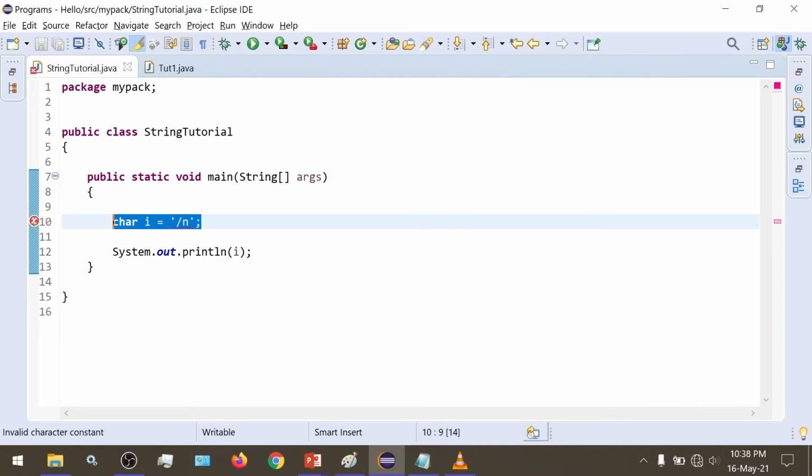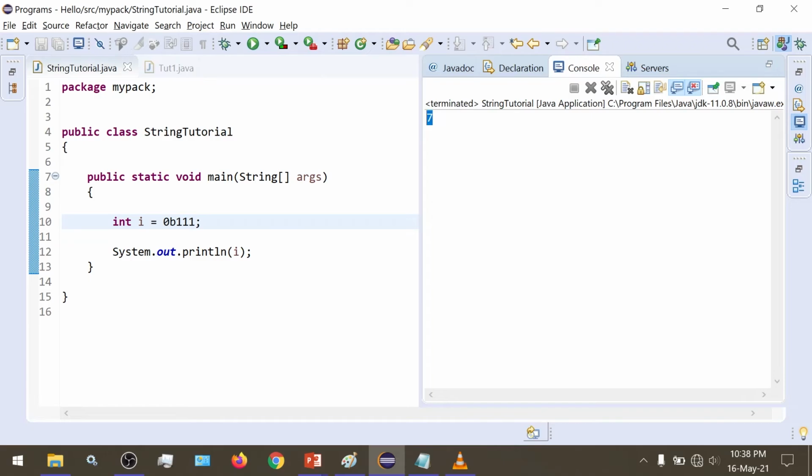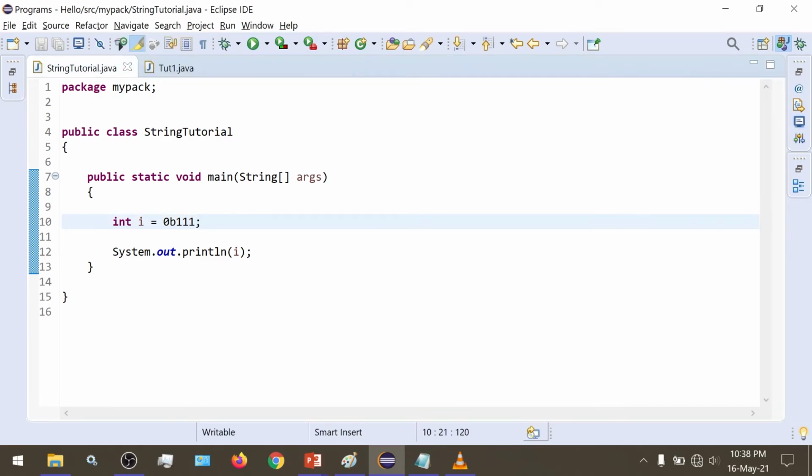Let's see an example. Here int i equal to 0b111. Now when we run this, we get the output 7, because the value 111 is binary and its decimal equivalent is 7, and the binary of 7 is 111.